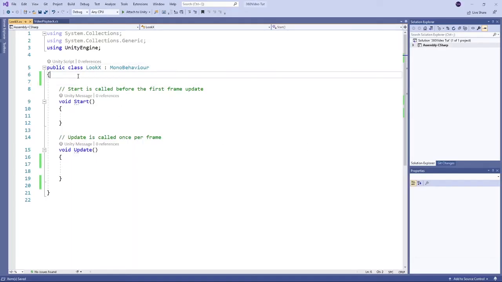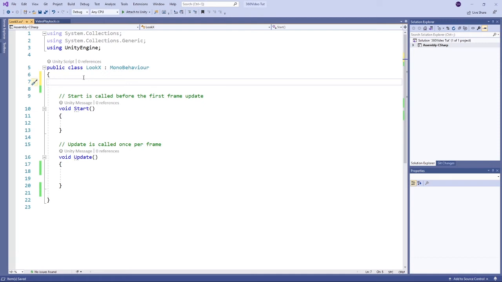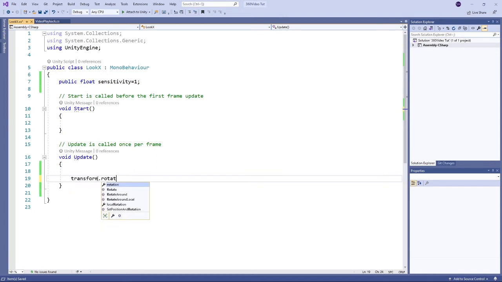So we'll wait for Visual Studio to open. We have our script lookx that's going to enable us to look in the x direction, and we're going to set it up to use the mouse, and a little bit later we'll make some changes that let us use virtual buttons. We're going to add a variable of type float called sensitivity to make it more or less sensitive, so that when you move the mouse it's faster or slower. And then into update, so every frame, we're going to tell the transform, in this case the camera's position, to rotate 0 around the x-axis,